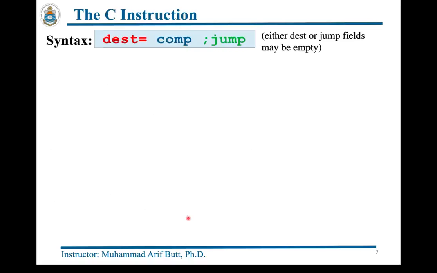So let me move on to the second type of instruction, the C instruction. The syntax of this instruction consists of three different fields: the destination, computation, and a jump directive. Now the $100 question is how does it work? First of all, the computation is done, and after that we can do one of two things. We can either store the result of the computation in some destination, and in that case the syntax of the C instruction will be destination equals computation,